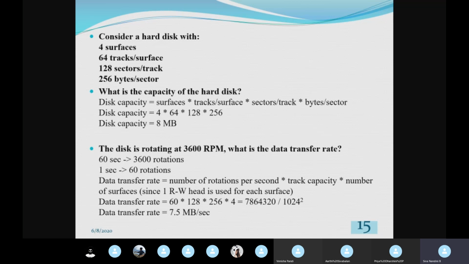So what is the track capacity? 128 into 256. I multiply the number of sectors in the track by the capacity of the sector in bytes. And the last one is number of surfaces, which is given in the question: 4 surfaces.